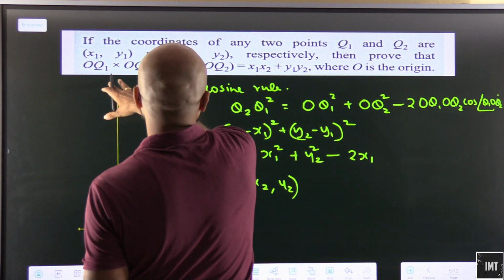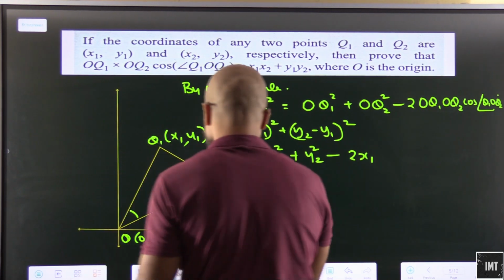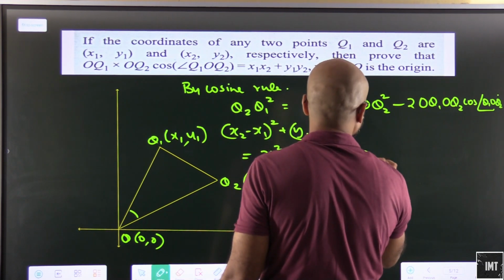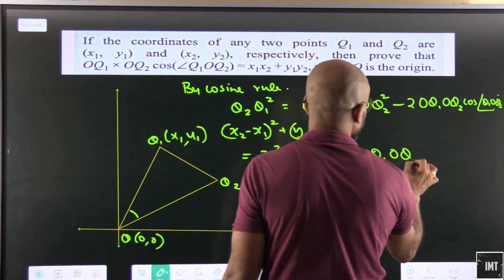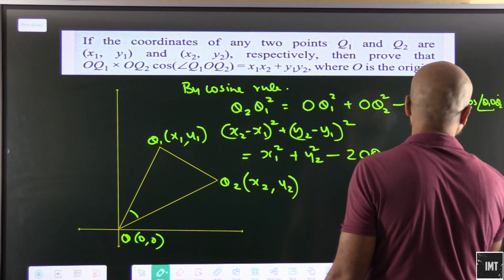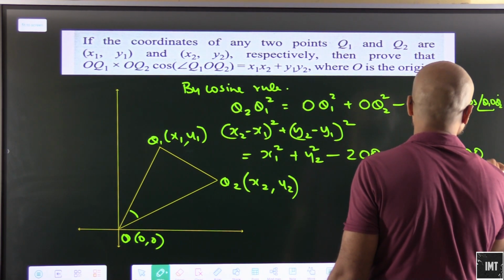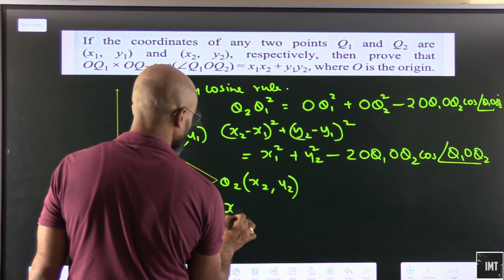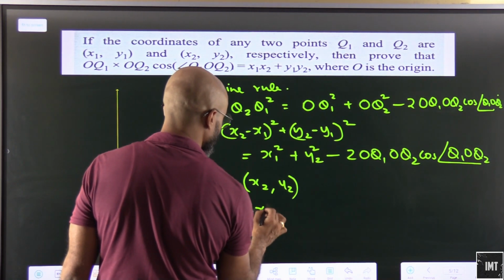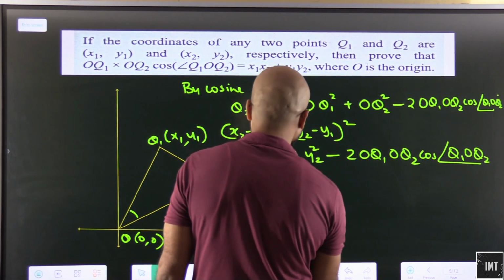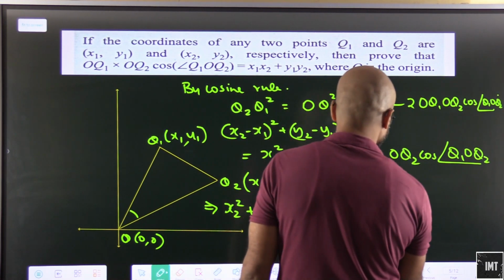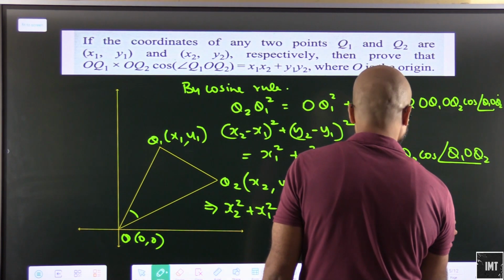So in the formula itself it is written OQ1, so let it stay as there only. So we don't need to change OQ1 OQ2 cos of angle Q1OQ2. Okay, so what do we have here? x2 square plus x1 square minus 2x1x2 plus y2 square plus y1 square minus 2